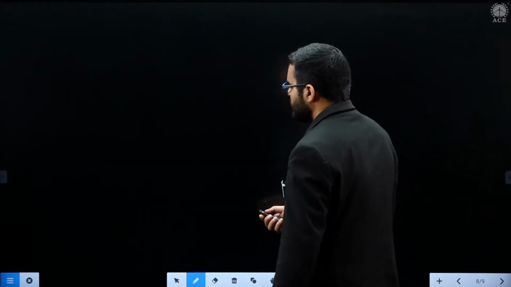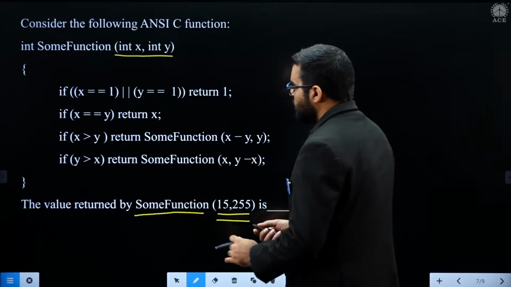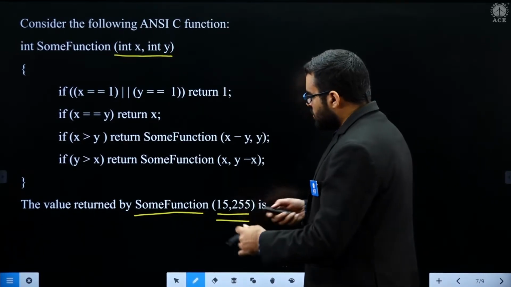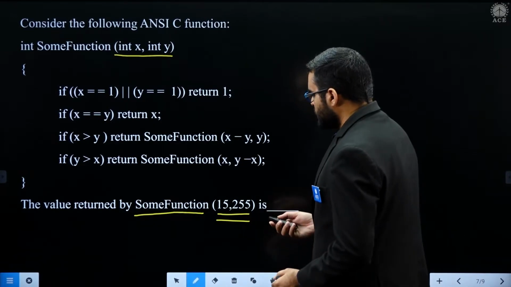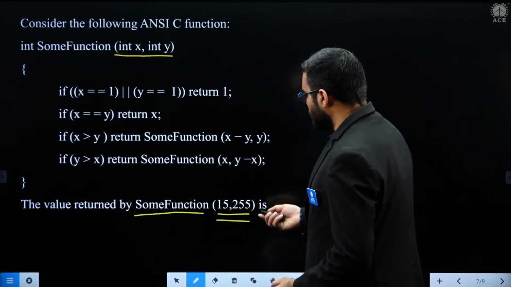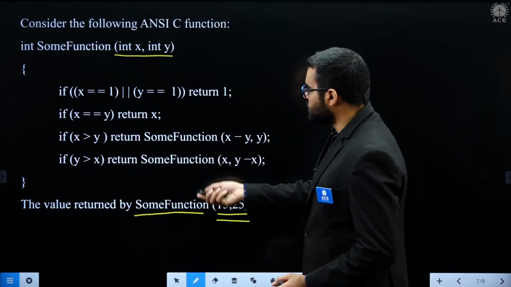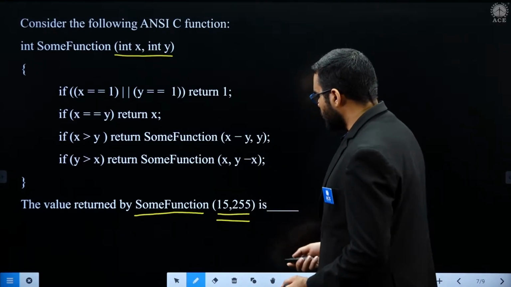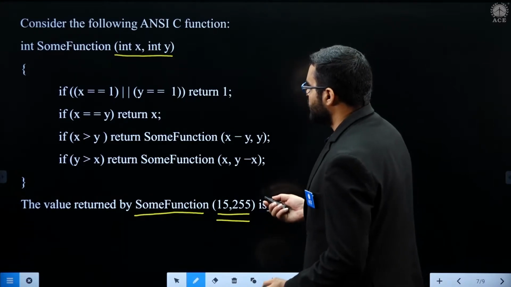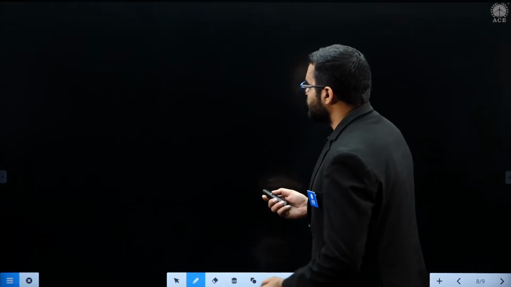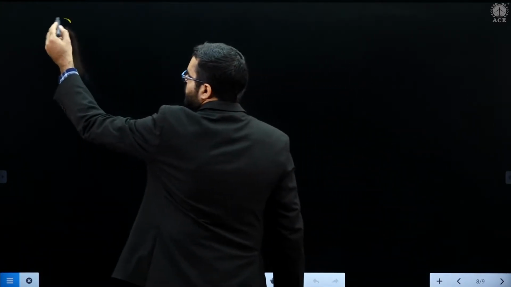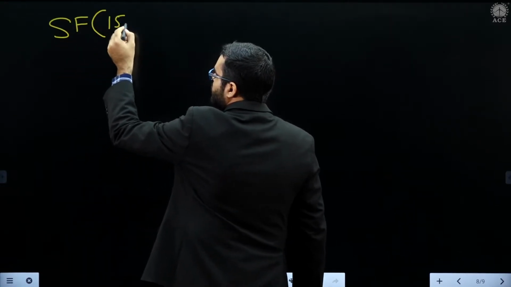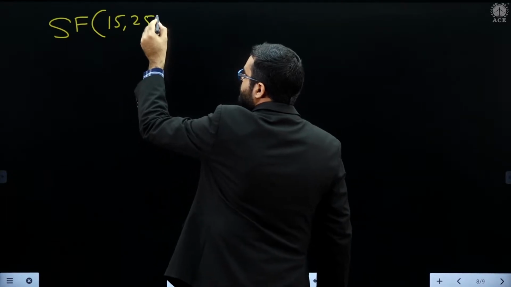So this is basically method 2. In this method we will execute this program and then see what the output is. We call this given function on these arguments 15 comma 255. Let me write the function in short as f, and I am calling it for 15 comma 255.